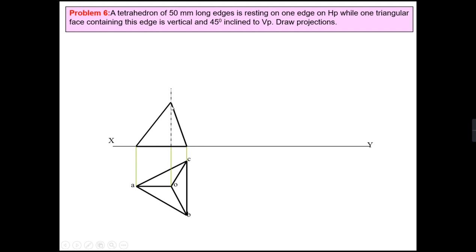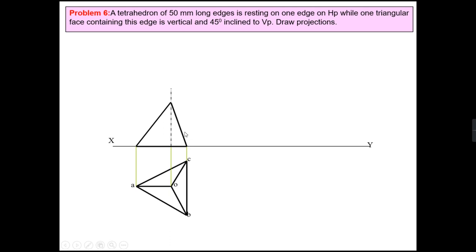So as you can see, this height we don't know. To find out this height, or we don't have to find out, see in this diagram you can see your line OA is parallel to the XY line. Means in the front view we are going to get the true shape of this line OA, while these two lines OC and OB are inclined to the XY line. So this line which is representing the OC and OB has a length less than the true length of